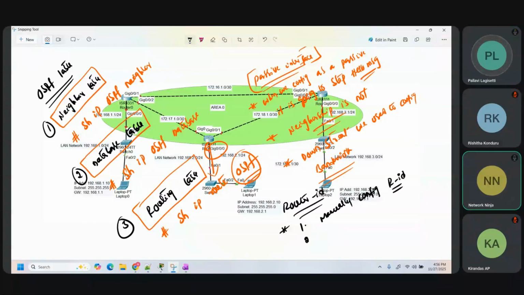Then the second preference is the loopback address, sir. Which loopback address? I have two loopback addresses configured here, loopback 1 and loopback 2. To which one is it going to give preference? It is going to give the highest loopback, right? The second preference is given to the highest loopback